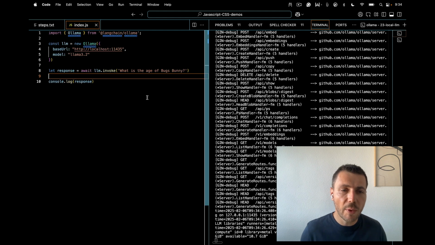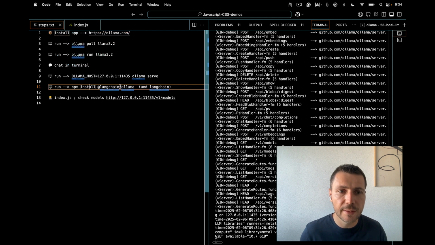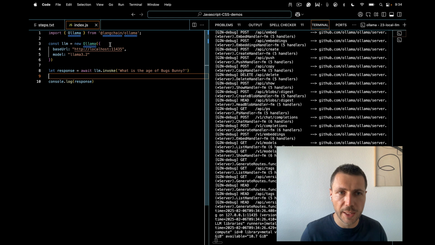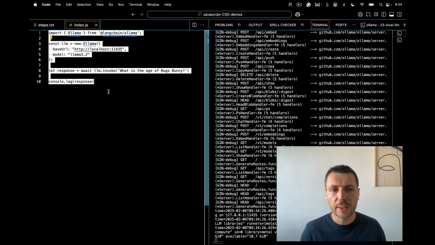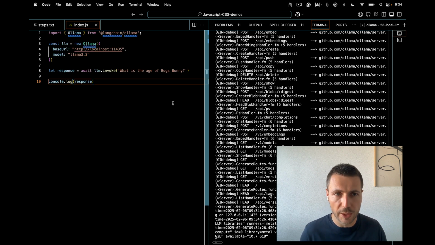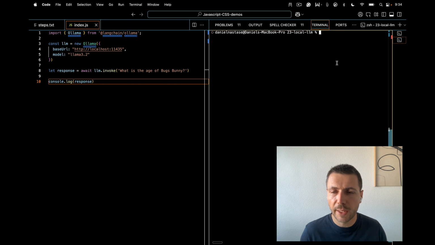And now I'm going to the code part. In here, I am just using LangChain. And by the way, first be sure that you have installed LangChain for Ollama in order to be able to talk with your local model. And this is all the code that I need in order to use LangChain in combination with a local model. And I will go and run